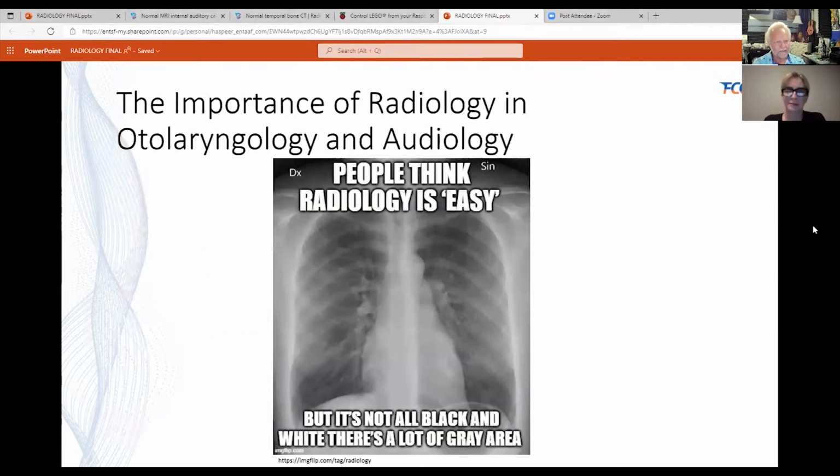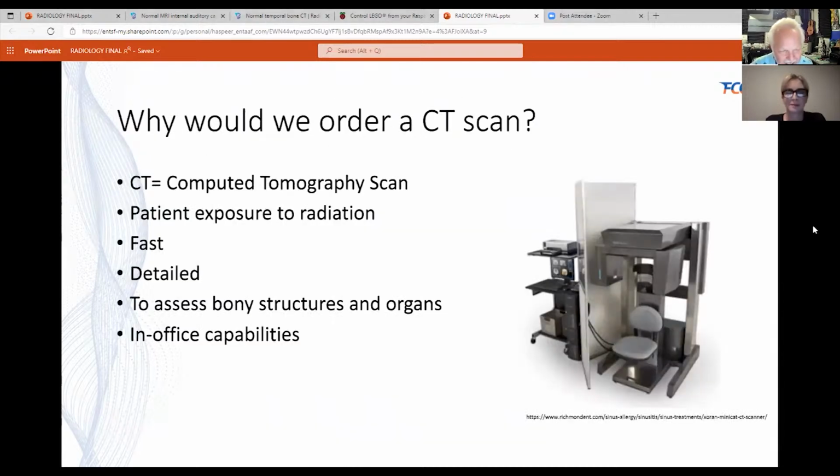So with that, we're going to present some cases and go over the modalities of the CAT scan and the MRI scan, how they're similar and how they're different. One of the things that has been very, very helpful to me in private practice was the advent of the little mini CT scan. And I would say since 2014, when we bought one of the very first units, which is still operating just fine after many, many servicings by the company, but it's well over 15 years, still gives us excellent images